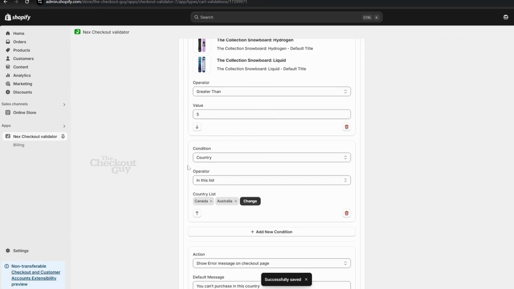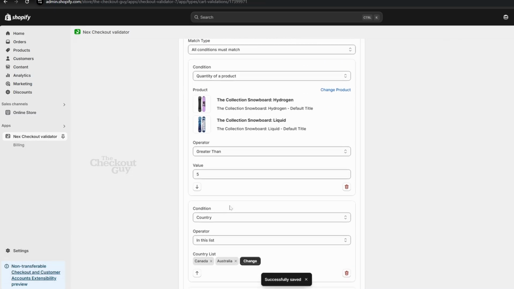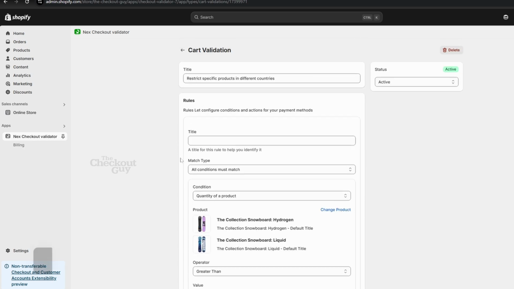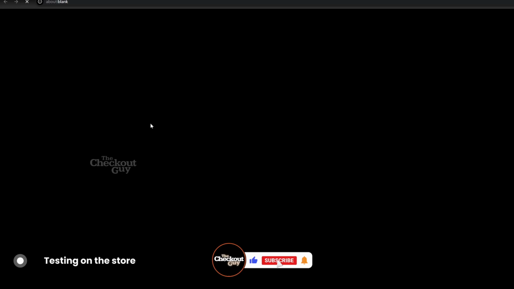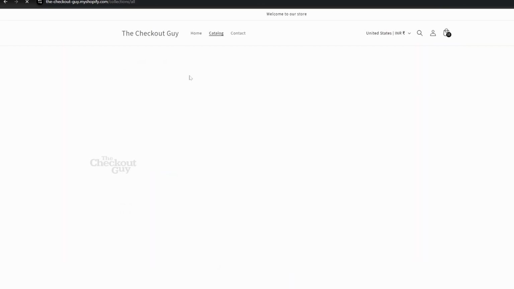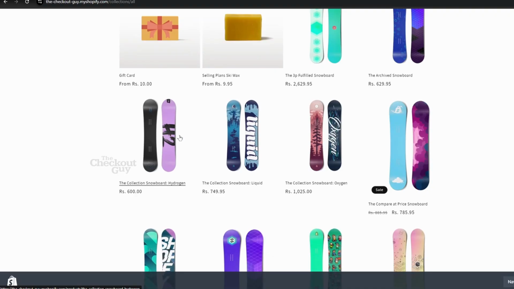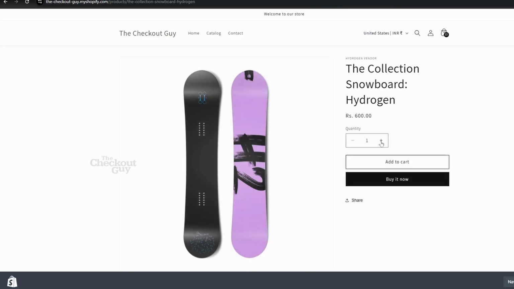Now people from these countries, like Canada and Australia, cannot purchase these specific products more than 5 times from your store. So let's check it on the online store. By going to catalog, if I select those specific products which I added, and if I put them more than 5 times in the cart,